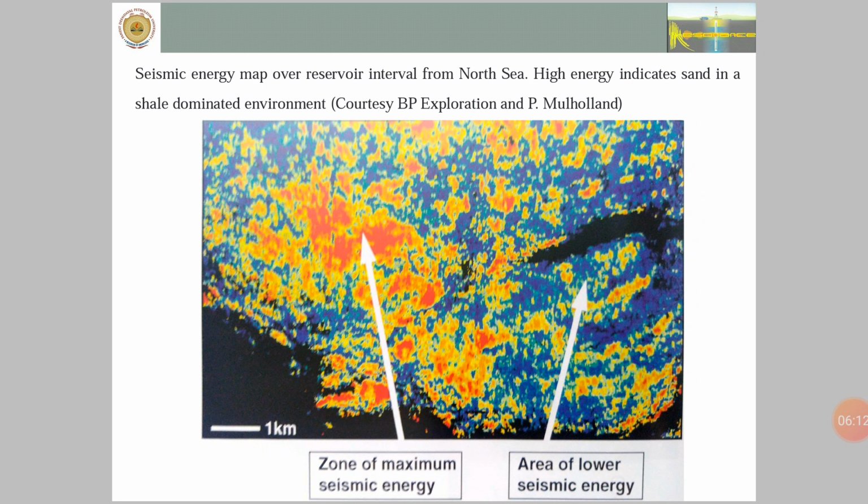from North Sea. High energy indicates sand in a shale dominated environment. Look at the warm colors, that is in red. The warm color shows the zone of maximum seismic energy, whereas the cool color shows the area of lower seismic energy. Now, all of us know that energy is equal to the amplitude squared